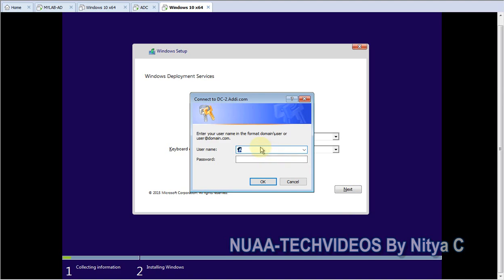So this is now the approval, because I set in the WDS server that without approval or without credentials, this will not go ahead. So let me do it. DC-1 or the domain AD, let me give administrator.